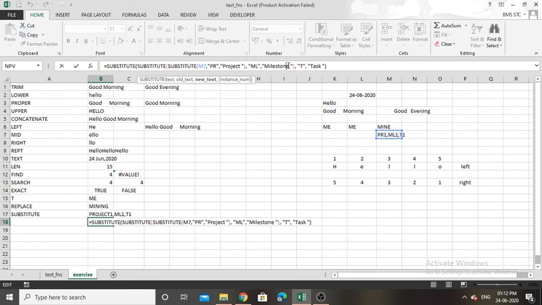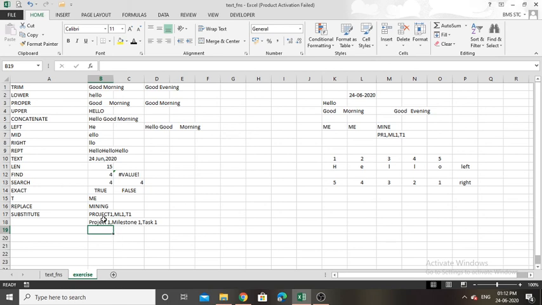And here also, after I typed milestone, I simply clicked the space bar, then I put double quotes. Then after typing task also, I put a single space, then double quotes close. So you should make sure that you put a space after each new text substitution, before you close the double quotes. So in this manner you can substitute multiple words.